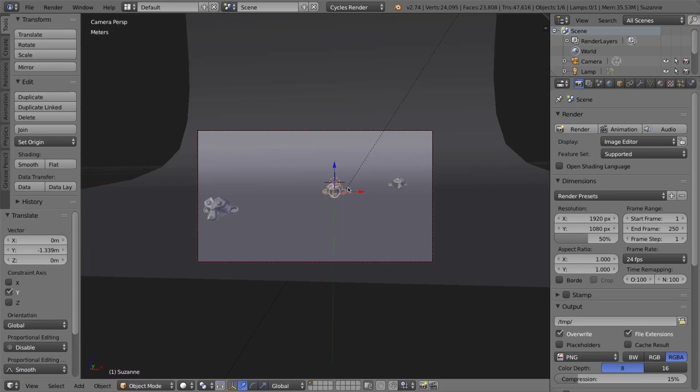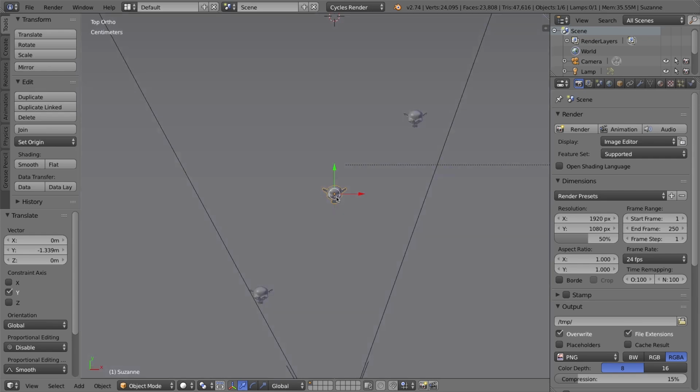To get that depth of field effect, where things in the foreground, in other words this monkey, and things in the background, in other words this monkey, are out of focus, we have to define what the camera is focusing on. Now we could just say focus on this monkey, but to get more control, let's actually go back